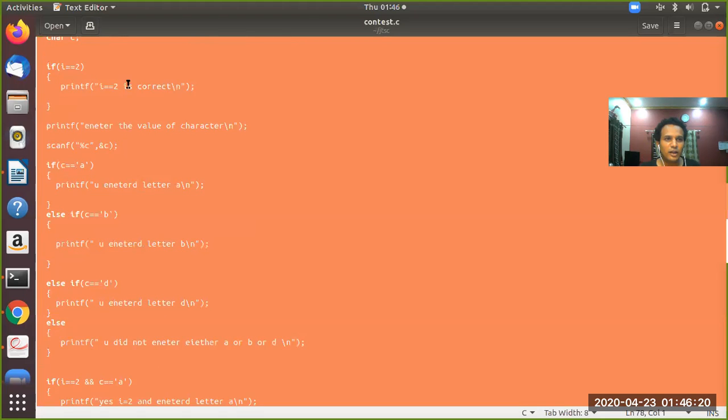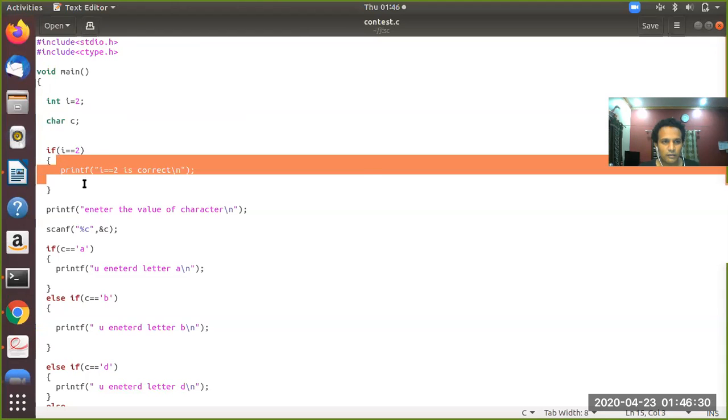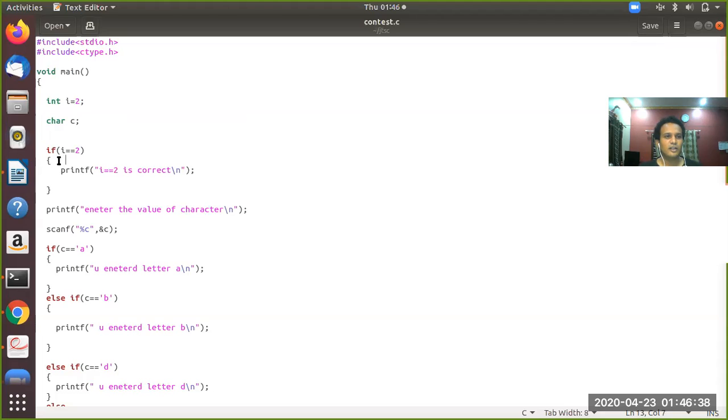Understand? Now similarly, within this main function, whatever is there within the first set of flower brackets will be called the first block. Understand? So now here is where the branching actually happens. We are making a decision, testing here. We are checking whether I really contains 2 or not. So if I really contains 2, then only the processor will execute this statement. Otherwise, this line will be skipped.